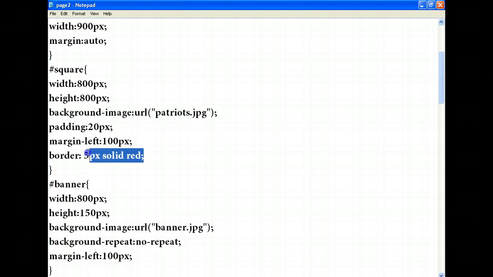This is what I added. I added the border code to the div for the square. And you can make it any color. I can show you some options for borders as we move along. But this is a very basic border. It's the fastest, easiest way to add a border. And you can add this border to the banner too if you wanted to. You can add it to any. That's the benefit of using CSS, is you can add this border really